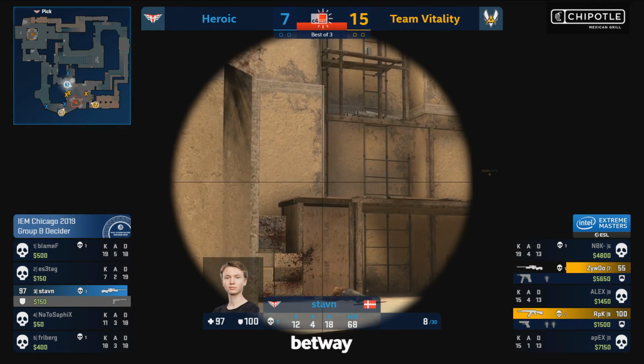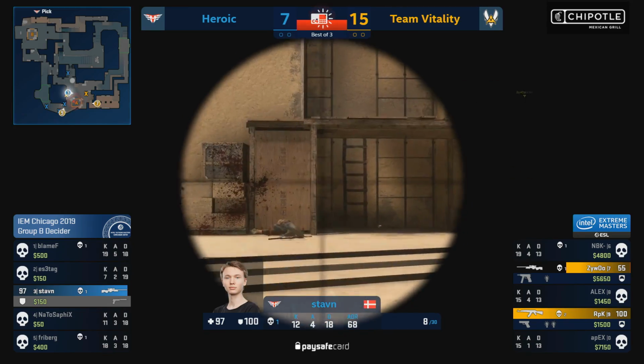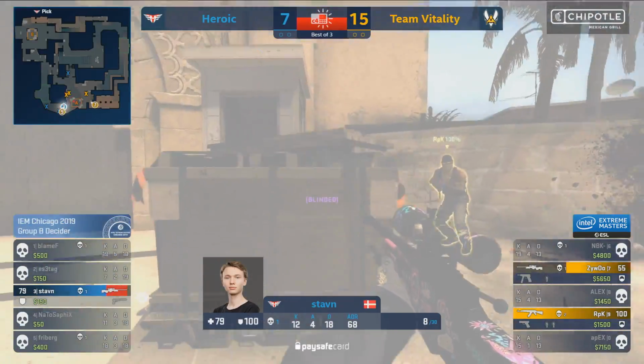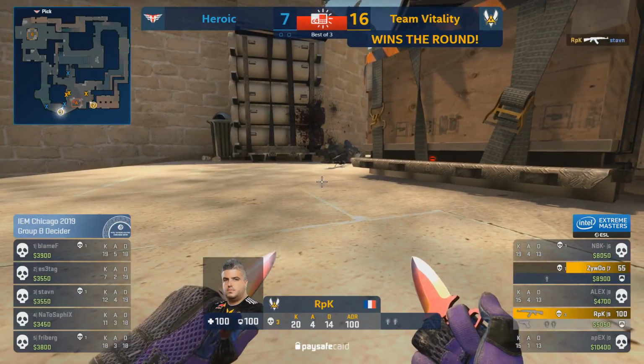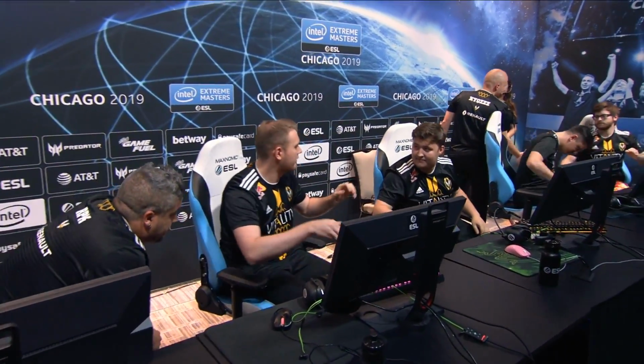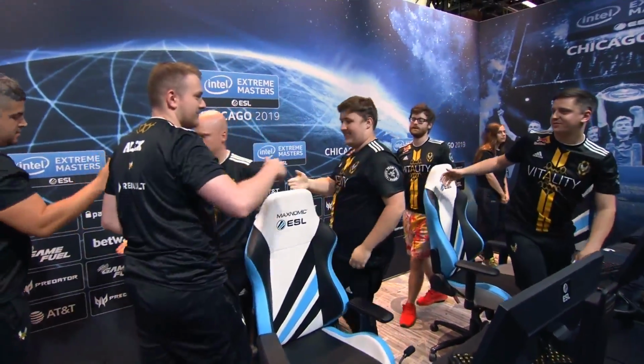And Vitality about to take the map away. Bomb ticks about half of its duration. No kit. Doesn't mean he's got a lot to work with. Gets aggressive flashing himself, unfortunately. And RPK gets the kill, 16-7 in the end. Not the most exciting map to kick things off. Remember, that is the pick of Heroic as well. And move on to Dust 2, which...